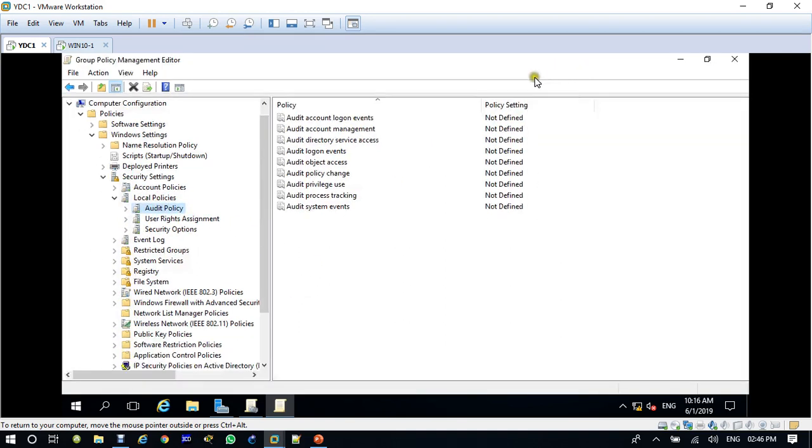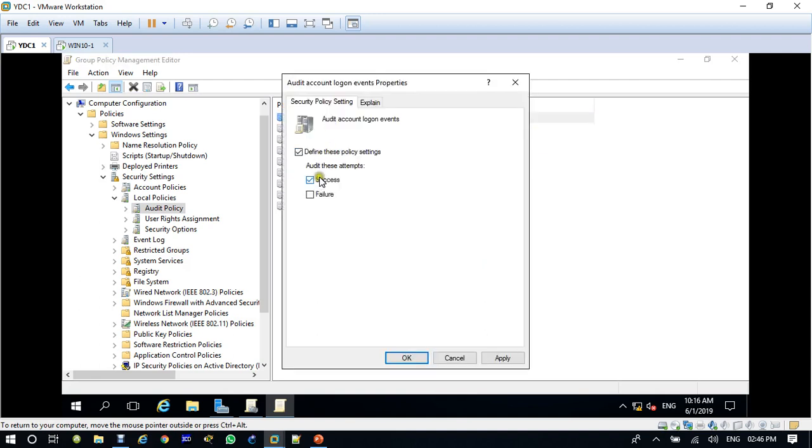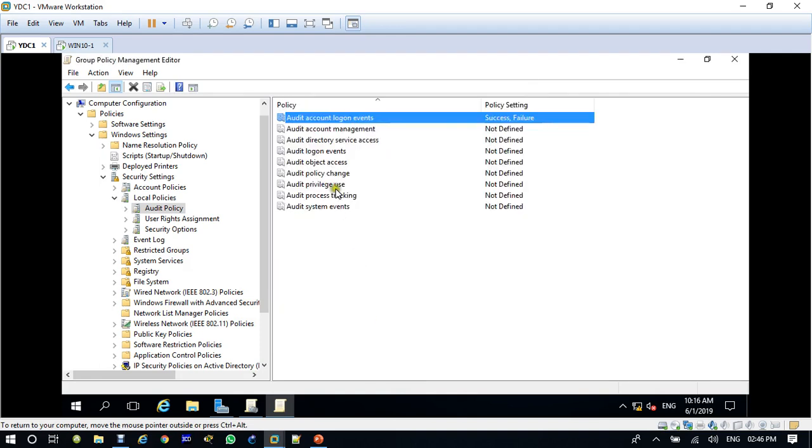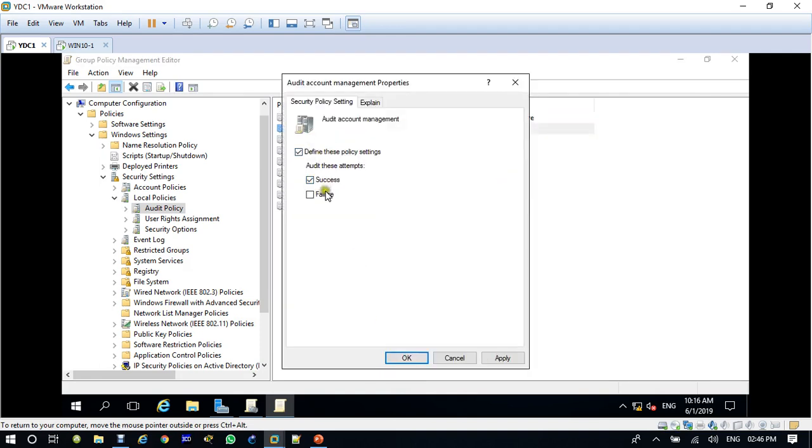So in audit policy, what type of audit policy do you want to enable? By default the auditing policies are not enabled for users, so you have to enable them for that HR department. Any user who belongs to the HR department, any type of activities they do, the administrator will get those logs in his event log viewer console. So let me define all these logs. I can come here to audit log, just enable it, successful, failure, all, to see the logs, and it is very important that you define it.